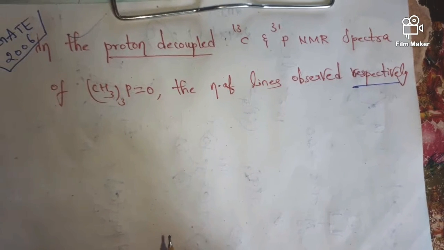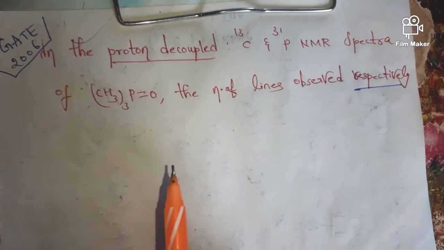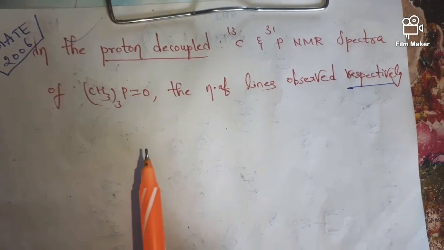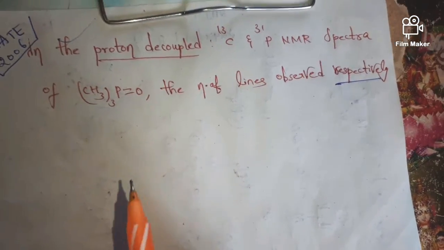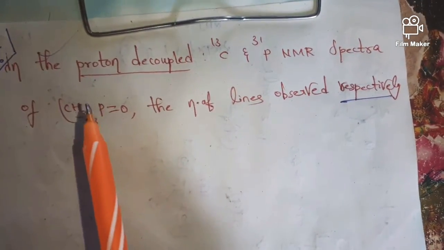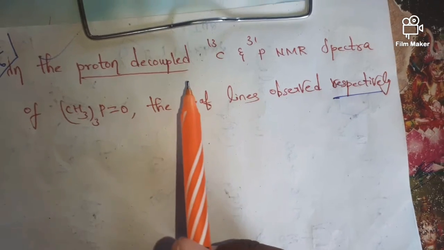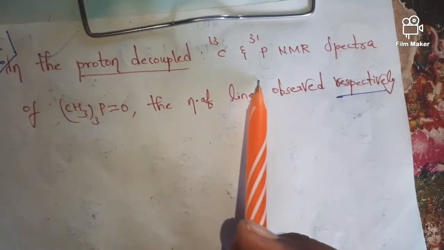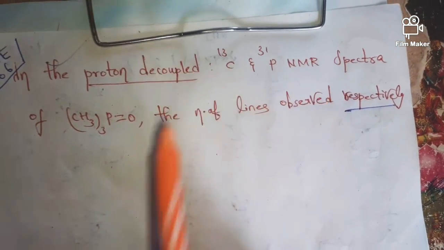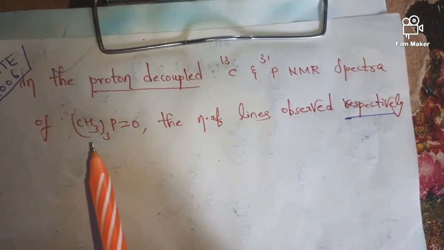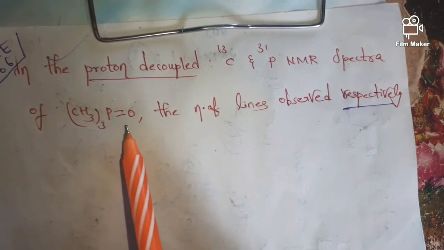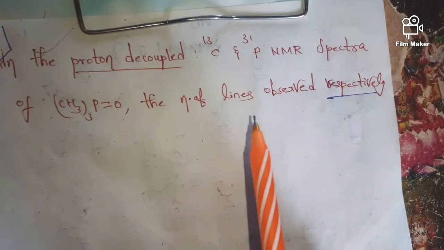Today in this session, I am going to solve one problem which is taken from GATE 2006. Okay friends, first let us read the question. If the proton decoupled C13 and phosphorus 31 NMR spectra of trialkyl, CH3 taken thrice P=O, the number of lines